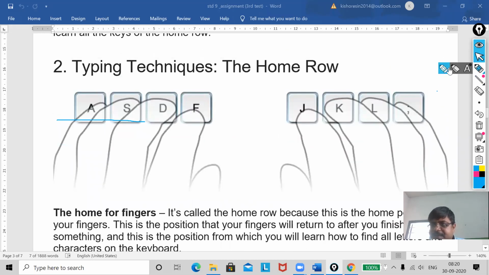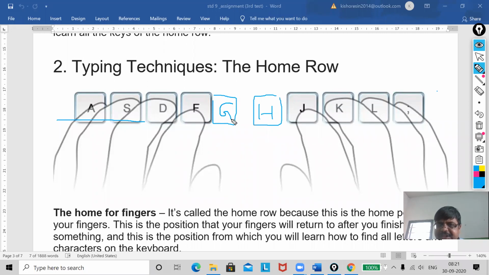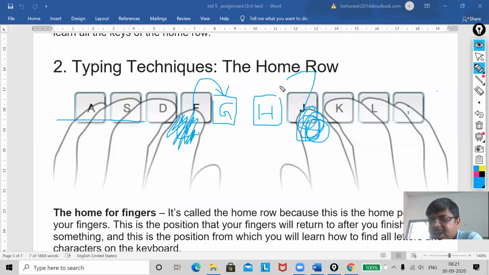Just now you see, here you have one more button, that is H, and here you have the next button, that is G. This finger which you are using should be used for G also. Now in this one you can see this finger which is on J must be used for H also. This is my first row.